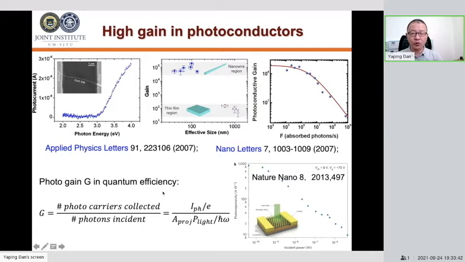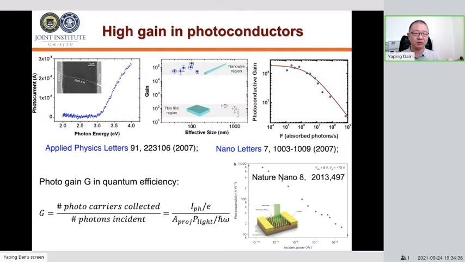The gain is defined in the same way as in the normal case. The photo gain G is the quantum efficiency, defined as the number of excess electron-hole pairs generated, divided by the number of photons incident on the semiconductor and absorbed by it. Following this definition, the gain is extremely high. That's why a lot of papers investigate this new phenomenon on nanowires, quantum dots, thin films,